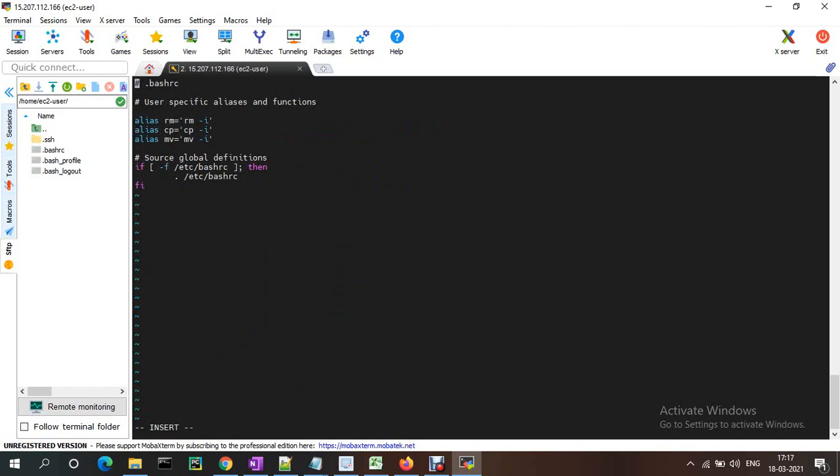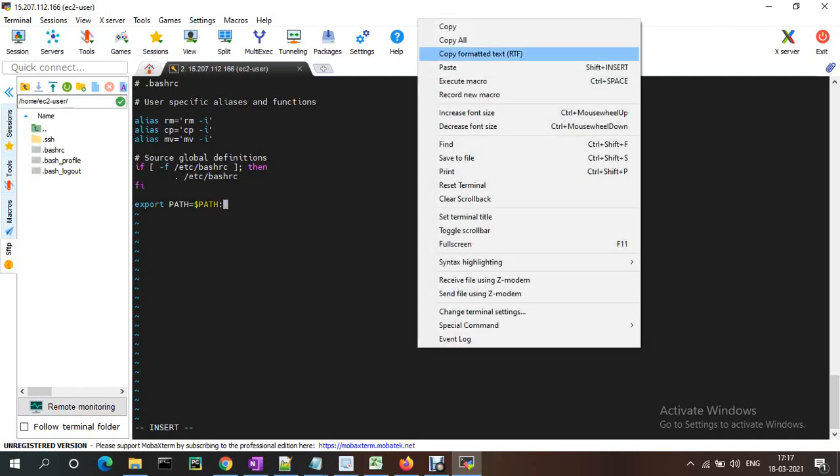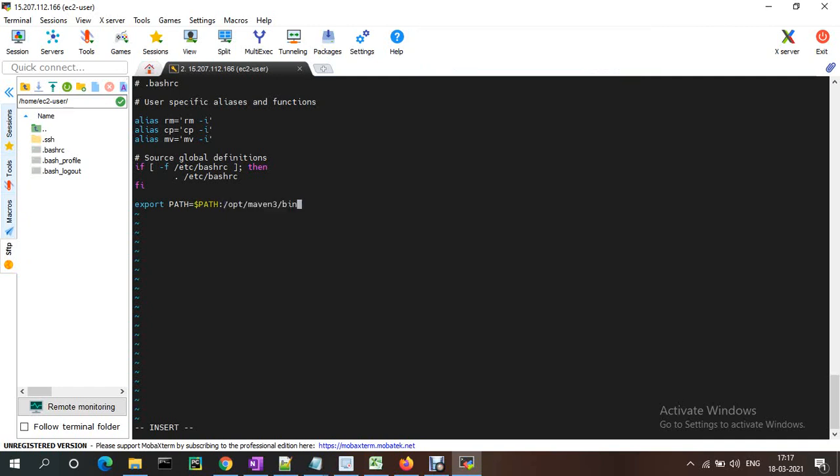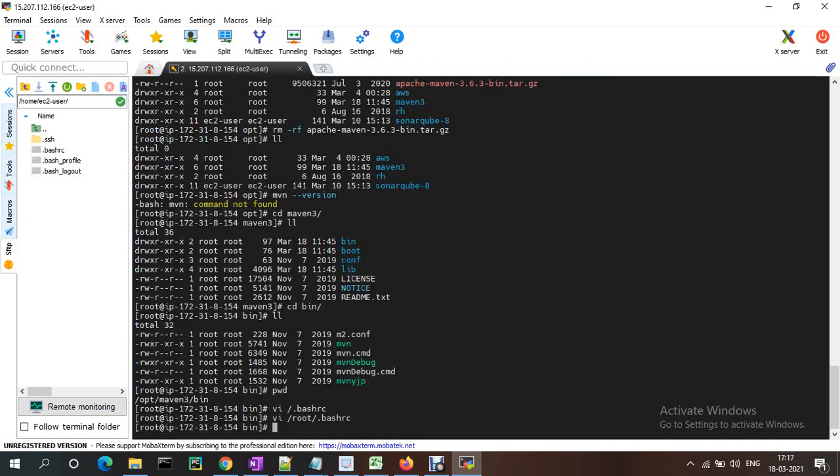If you scroll down, I'm exporting the path equal to $PATH, colon, this is the Maven path. So we can access Maven from anywhere.